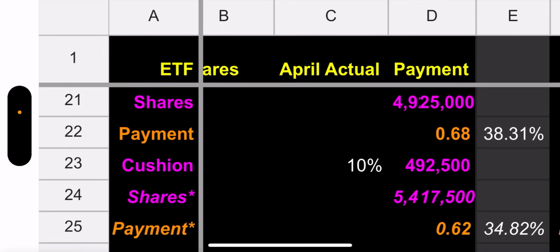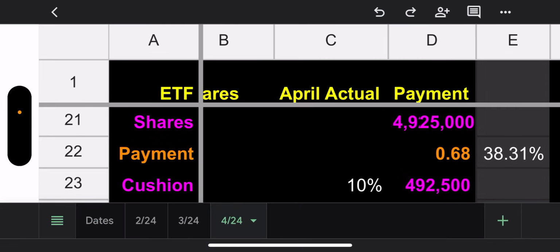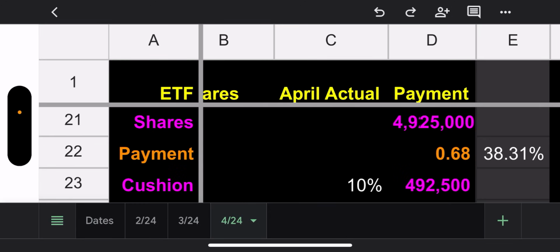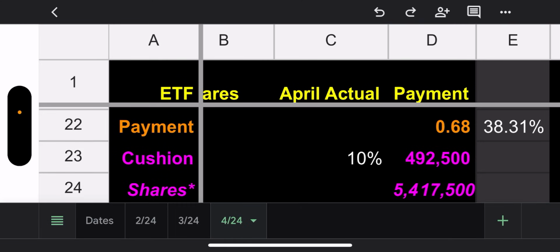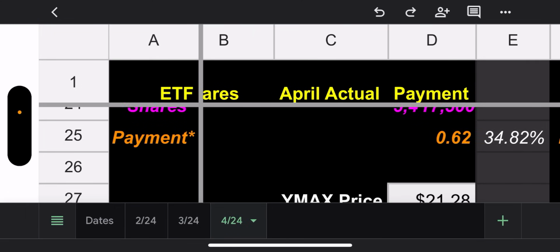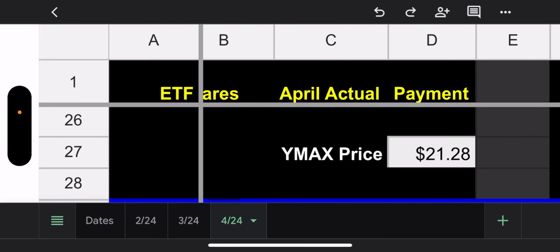So I think they're going to pay around 62 cents for YMAX. That is a 34.82% yield, okay? Now, how does that compare to last month's yield? Well, last month's yield, oh, actually, no, that takes as of the current price. So I don't know what the yield was, but I think it was probably less than that number. So anyway, that's my guesstimate for YMAX, 62 cents, which is a 34.82% yield based on their current